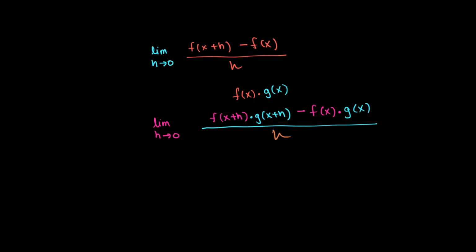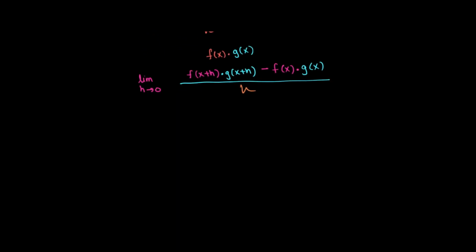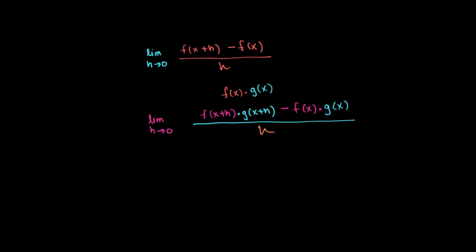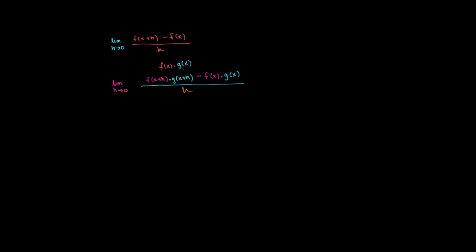So we did that. So far we didn't do anything extra, we just simply plugged in f of x times g of x into our expression. But now we are going to try to rearrange this and express it in a different way. So let's try to write this whole expression in a different way. Now let's take the limit again, as h approaches 0 for the function